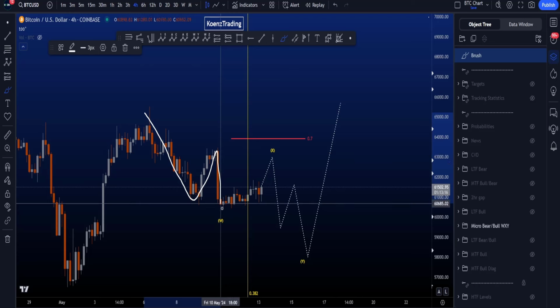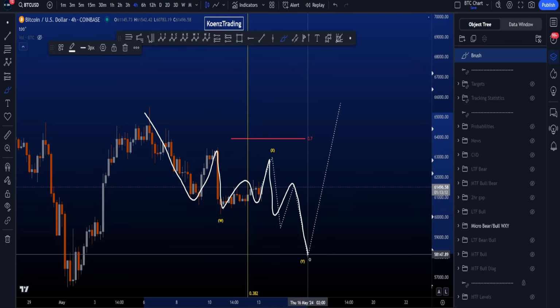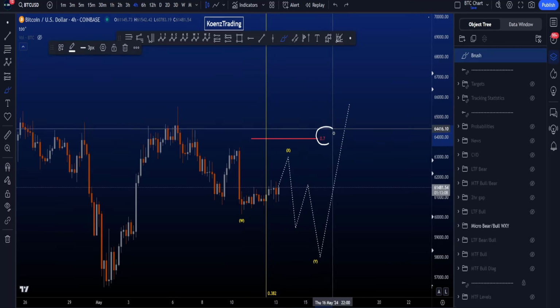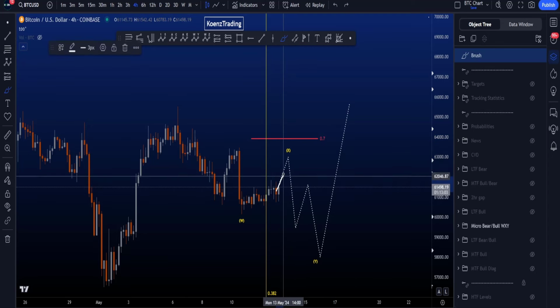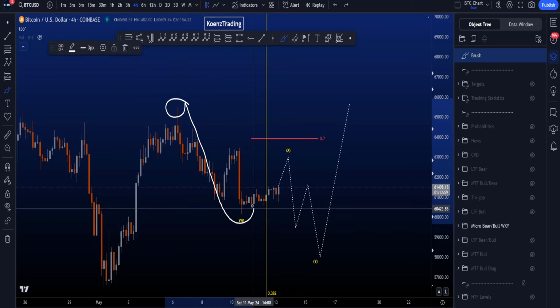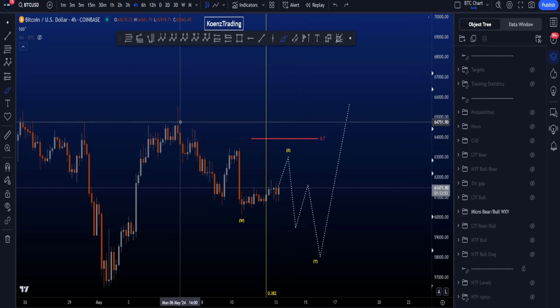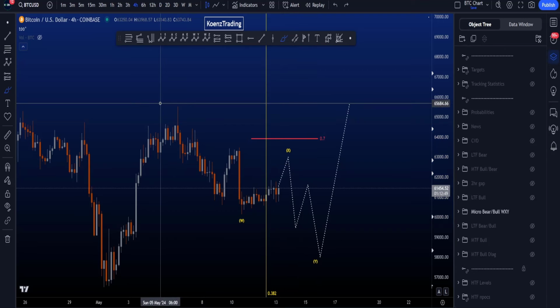So your first ABC is already finished, looking for a wave X to the upside and then another zigzag to the downside. In a double zigzag, the 0.7 would be a maximum target for wave X. The moment price moves towards the upside and hits the 0.7 taken from the high to the low of this wave W, sitting at about 63.9k, it significantly reduces the probabilities for this WXY and increases the probabilities for price to move towards the